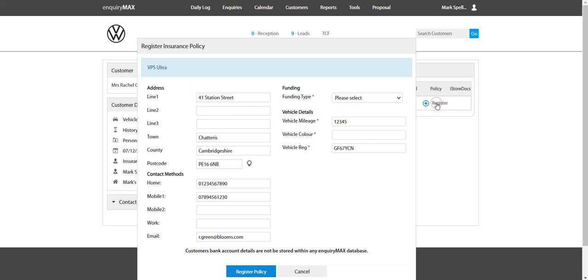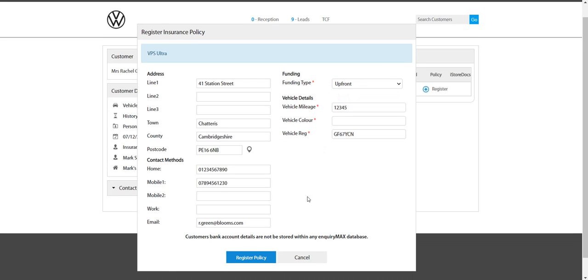And then if I click register, you can see it's pulled through certain details from the customer. I've got the phone number, etc. I've got the mileage, the reg. If I'd added the colour, then it would be there. So it's just a matter of filling out the detail, putting in all of the extras, and then just hitting register policy. And then what that does is it gives you that printout for you to then print and give